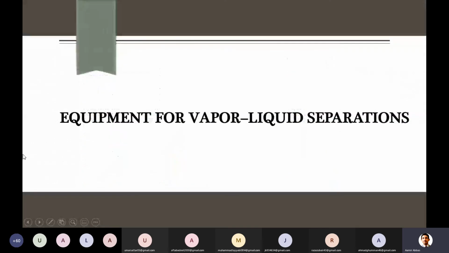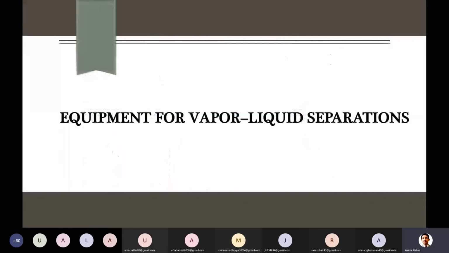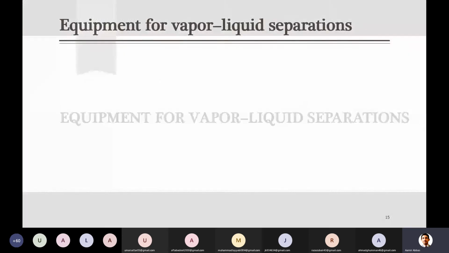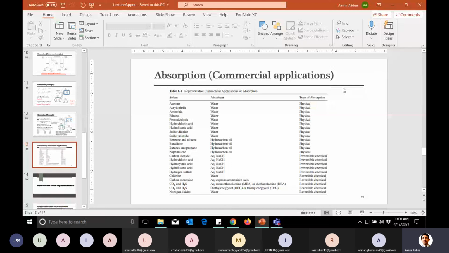Next, although I was supposed to start this today, tomorrow we will start with the equipment for vapor liquid separation. Initially you will be introduced to their internals, the structure of the equipment, quickly. I think in the next two lectures, hopefully we will be able to cover the equipment, which are packed towers as well as tray towers. There are types of towers, types of packing, which one is better, and their selection, and at the end, hopefully by next week we will be starting the design calculations. So thank you so much.